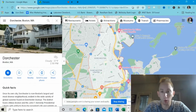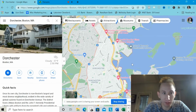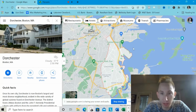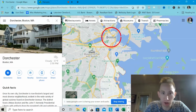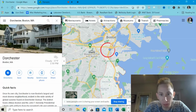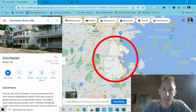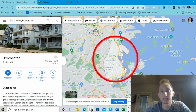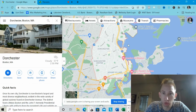All right, so welcome to my computer screen. As you can see, we are on my Google Maps and I've got Dorchester highlighted here. So just quickly in terms of positioning, here's downtown Boston, Back Bay, the South End. You've got Seaport and South Boston, and here's the entire neighborhood of Dorchester, one of the biggest in all of Boston. So as I said, in this video, we're going to focus more on the part of Dorchester that's on the